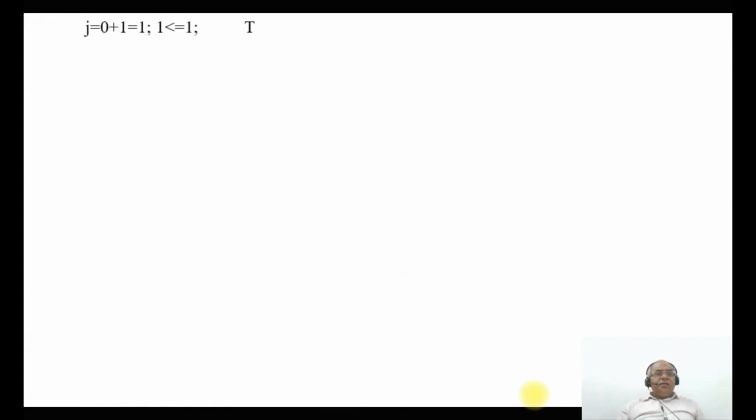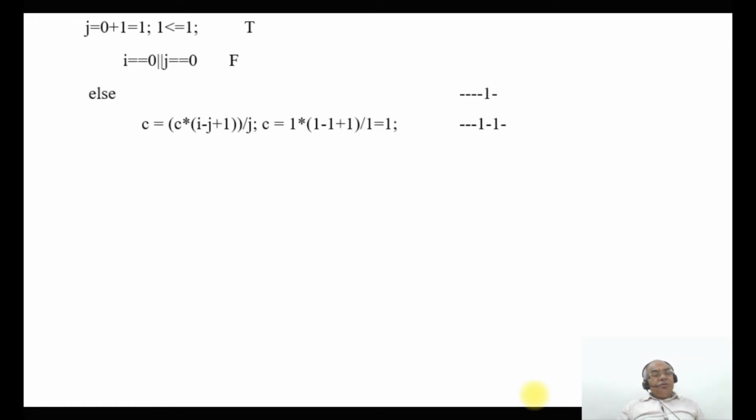Then it goes to the J value now. Is J is equal to 1, 1 less than or equal to 1? The condition is true. Then either I should be 0 or J should be 0, but here I is equal to 1 and J is equal to 1, so the condition is false. Then it goes to the else condition. So C is equal to C star, open the brackets, I minus J plus 1, and close it,